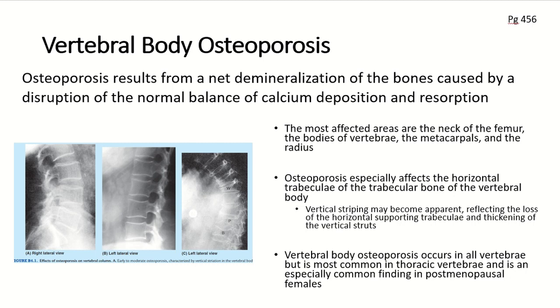So when you take radiographs or x-rays, early and moderate osteoporosis can actually demonstrate demineralization, and that's evident when you look at the radiodensity of the spongy bone of the vertebral bodies, and that leads to a thinning of the cortical bone to appear relatively prominent. And this is what you can see right here in the middle. You can see the prominence of the compact bone with respect to the actual cancellous or the trabecular bone in the center here.